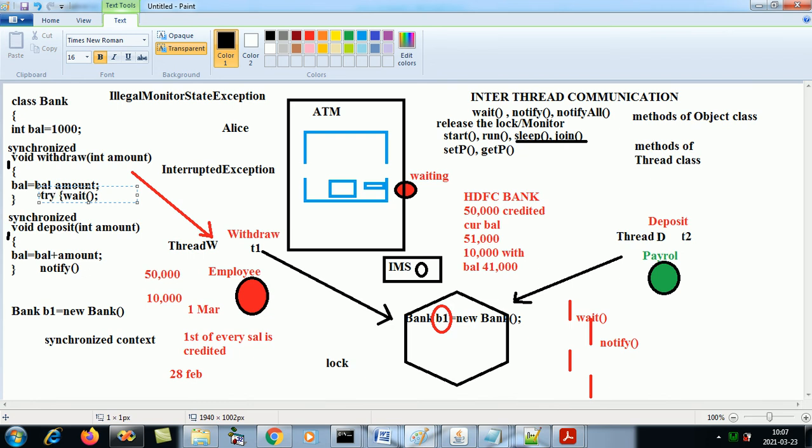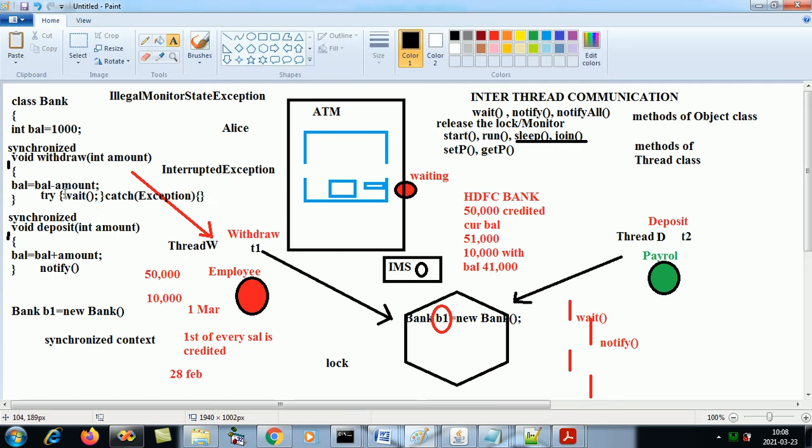Whenever you invoke wait, you have to invoke it in try catch, because it throws a checked exception, which is InterruptedException. You can give an object of InterruptedException, and if you don't know the spelling, you can just give Exception, the base class, the default exception handling. So we need to keep these two things in mind.